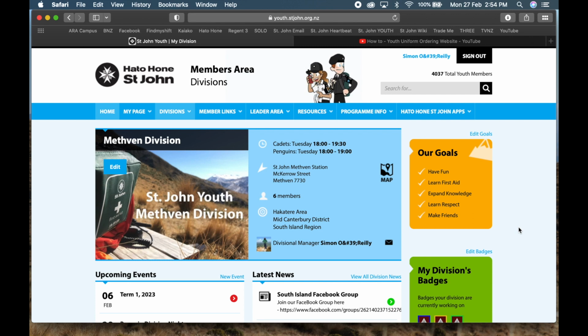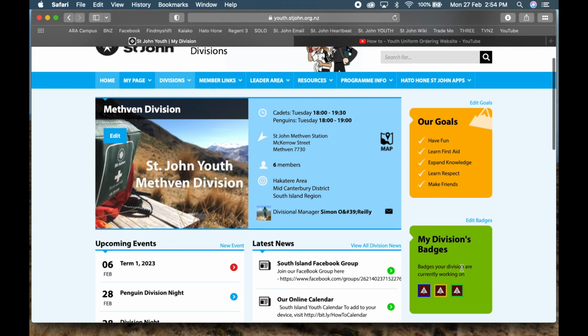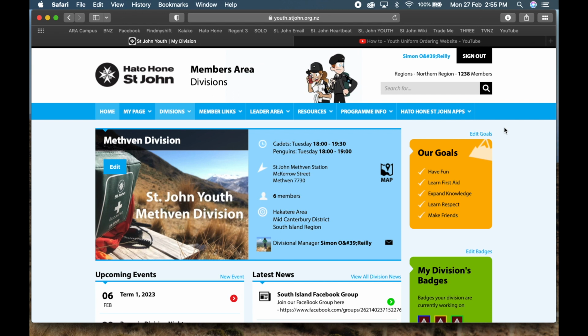And that's just some simple things you can change to reflect what's happening this term at your division. It's all really cool stuff, and your members might appreciate it if everything's up to date, because there's nothing like coming on and seeing your badges from 3 terms ago still up here. Now with a new term, sometimes heights and whatnot change and you need some new uniform.